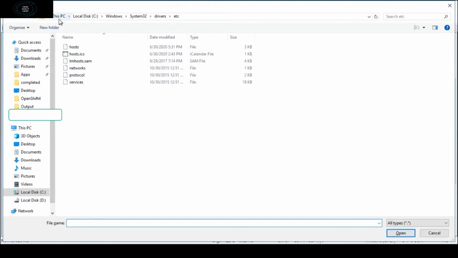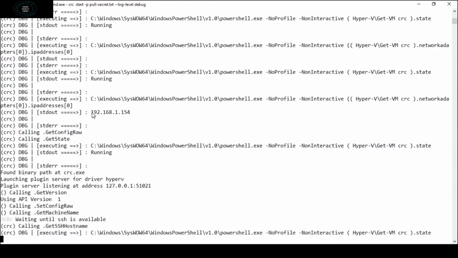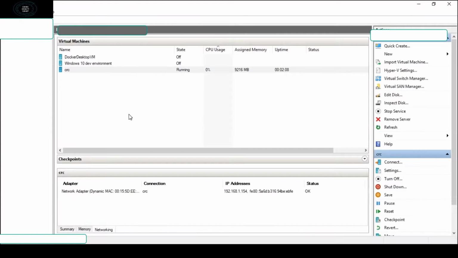If you can see on my screen, this is the file location, and this is the file, and inside that there should be an entry of the IP of the virtual machine. Make sure that you have these entries, and if you have them, it will not create any problems during the installation. This is the IP address, and make sure that this IP address is in the hosts file, and that it is the same address which is being displayed over here.